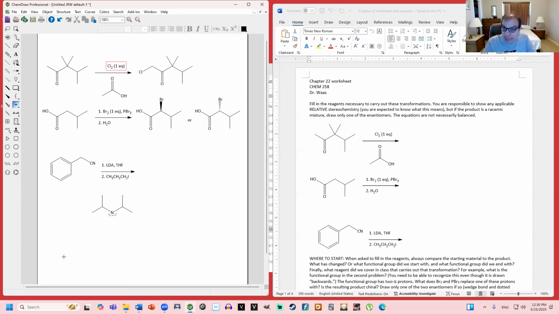That's an extremely strong base, and it's able to deprotonate alpha to either a carbonyl or a nitrile. And given a choice of locations to deprotonate, LDA will choose to deprotonate in the less hindered position. In this case, there's only one location it can deprotonate, which is alpha to the nitrile. So we'll deprotonate the nitrile. That will give an enolate-like compound with a minus charge next to the cyano group. And then we will treat that with 1-iodopropane,